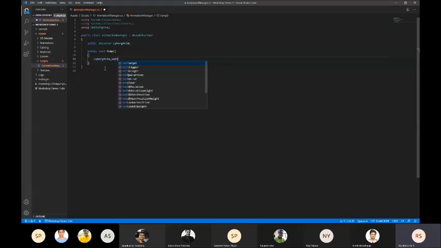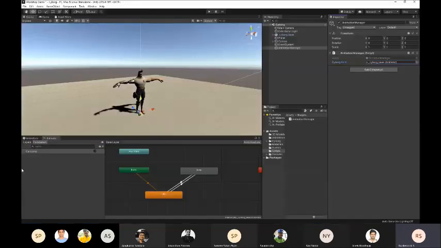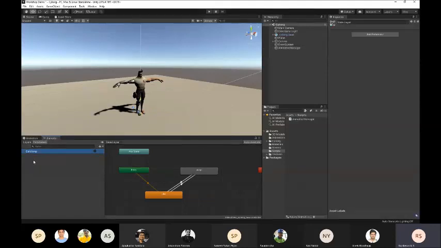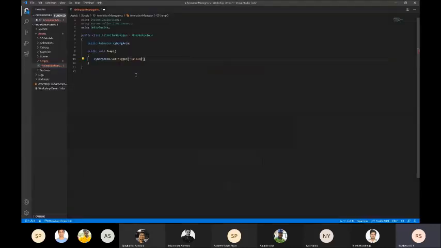It's called SetTrigger, and it takes a string variable. So what is the string variable? It's the trigger's name called canJump. So I'll just copy this right over here, and it's as easy as that.